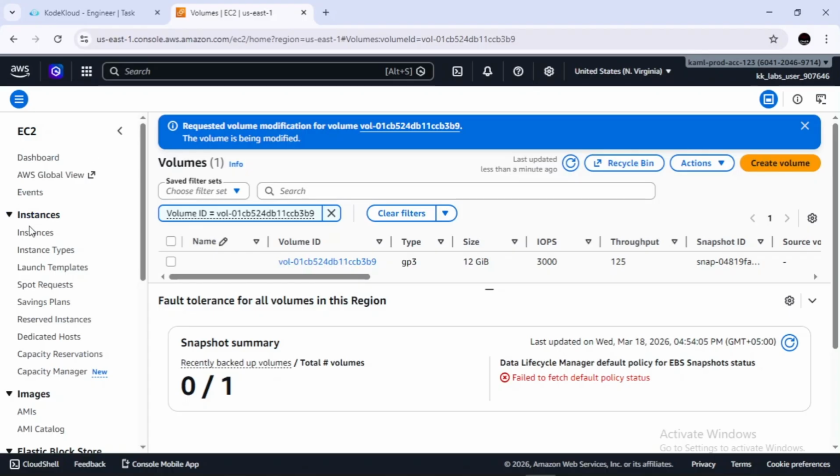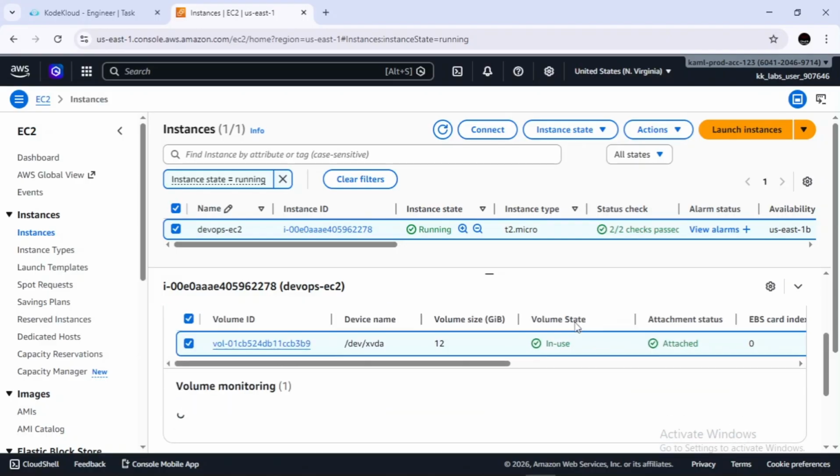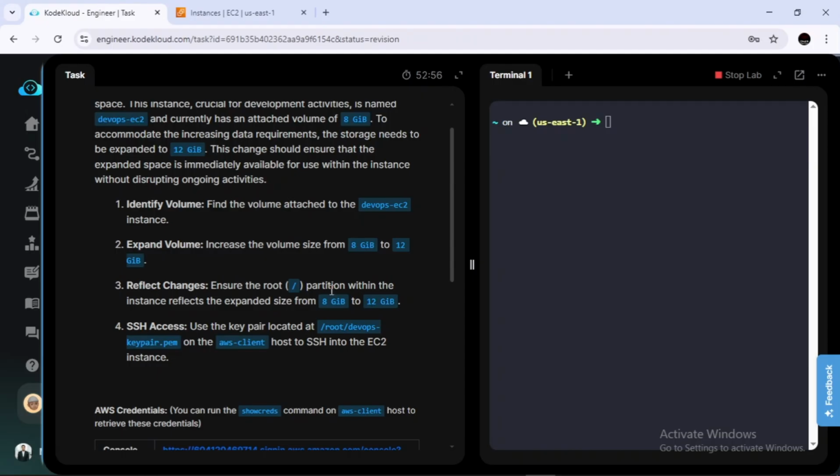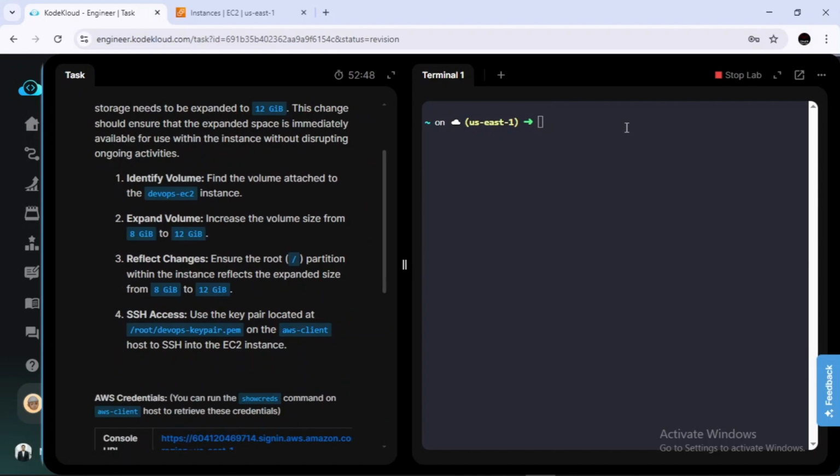So go to EC2 instances and verify the volume again. Click on storage. As you can see, now the volume is 12 GB. Let's connect to this EC2 instance. We need to connect using the key pair located in this directory. ls.